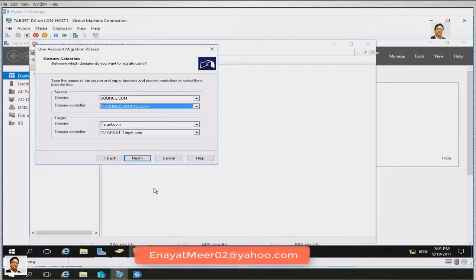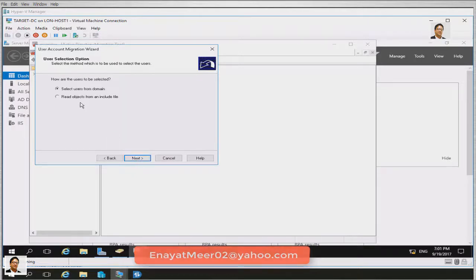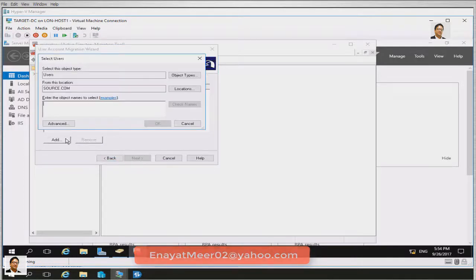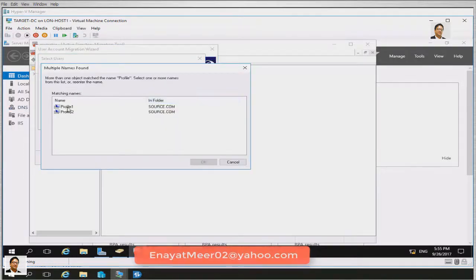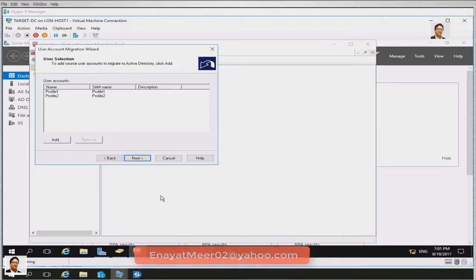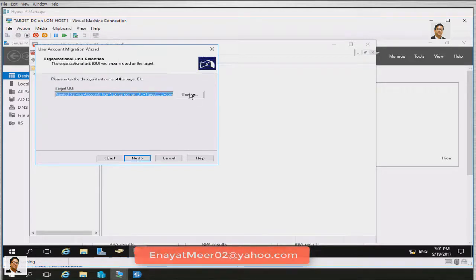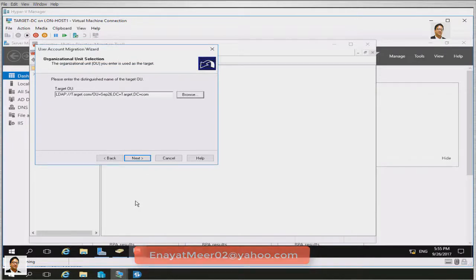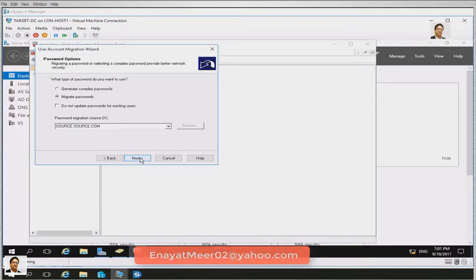So this is a user account migration wizard. The source domain is first, which has to be the primary domain PDC emulator, and the target domain the same. Select users from your source domain, source.com. I got these two under my source.com domain. At target, you can choose where you want to target. I am targeting a location which is an OU,